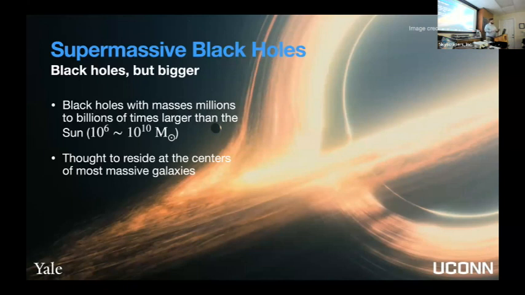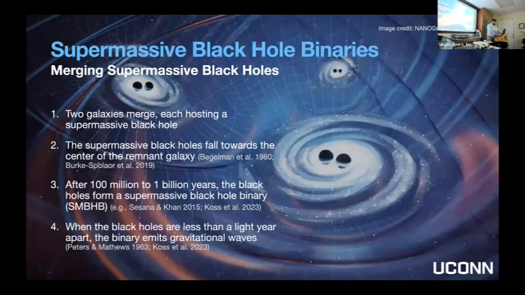If you follow black hole news at all, you may have heard a few years ago that we took a picture of our own galaxy's supermassive black hole for the first time, which was very, very exciting news. But I'm not here to talk about Sagittarius A star. Instead, I'm here to talk about supermassive black hole binaries. Similar to how a supermassive black hole is a black hole that's very, very massive, a supermassive black hole binary is also what it sounds like. It's two supermassive black holes nearby each other and co-orbiting each other in a binary system.